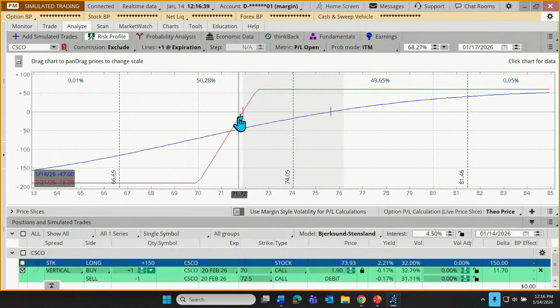Right here is a red hash mark. What's the significance of the hash mark? Well, that intersects price at expiration with no money made, no money lost. That's the break-even point. So for this trade, if we spend $1.90 on the trade and we wind up $1.90 above the lowest strike, that would be at our break-even point of $71.90. Now, some of you are saying, I didn't know that's how vertical spreads worked. Well, that's why I would suggest we want to learn about vertical spreads first before we really become attached to this tool.